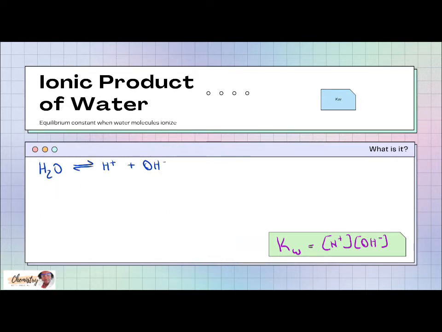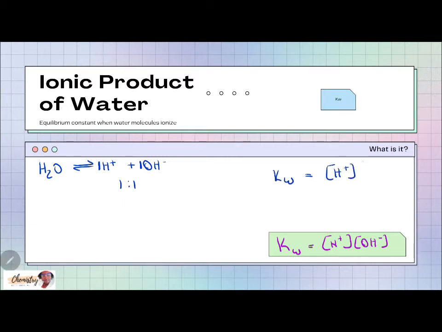When a water molecule ionizes according to the stoichiometry of this equation, we can see that for every mole of protons that has been produced, we also have 1 mole of hydroxide ions. So that means we have a 1-to-1 ratio. The same amount of both must be present. And with that in mind, we can simplify the expression for the ionic product of water to be